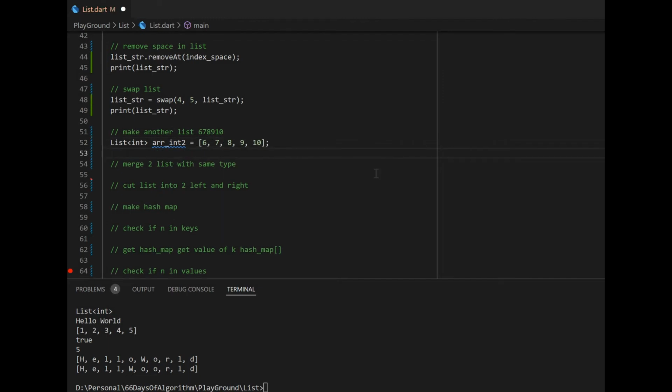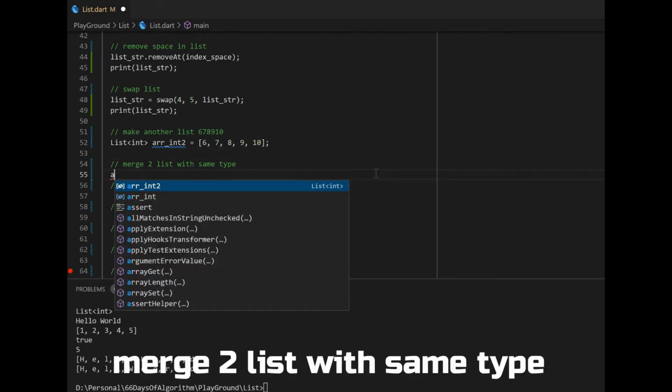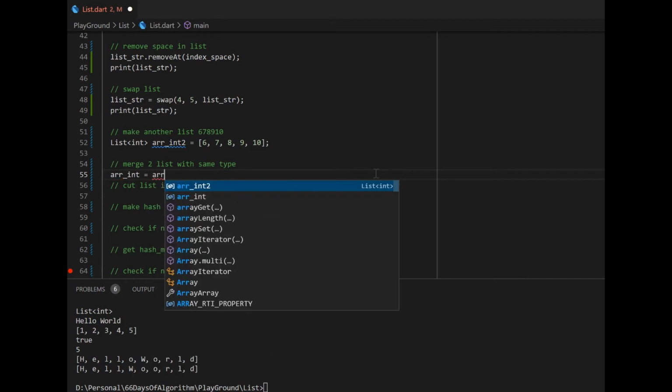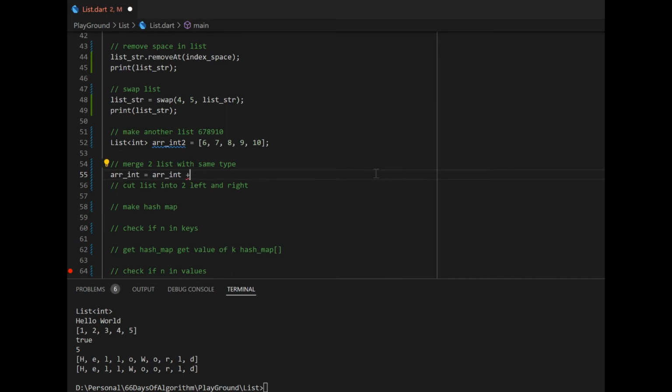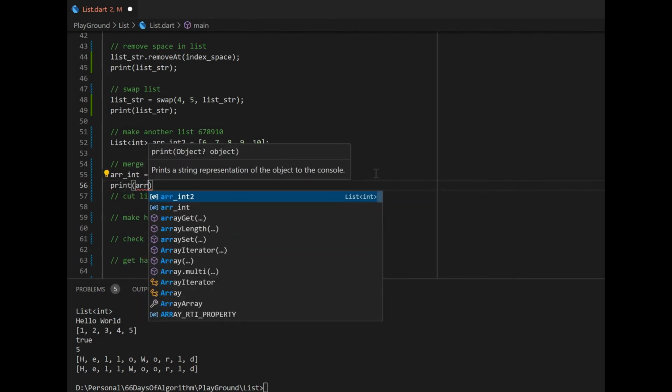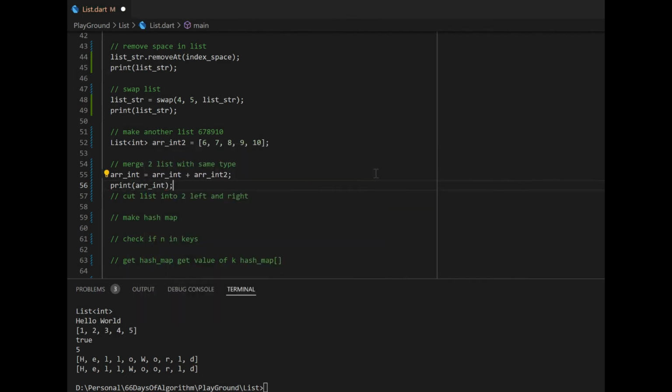Okay, now we're going to merge this one into 2. Luckily it's very easy in here. I'm going to say just array integer 1, integer 1 plus array of integer 2, and then we're going to print array of integer 1, okay? And then we're going to print this one,